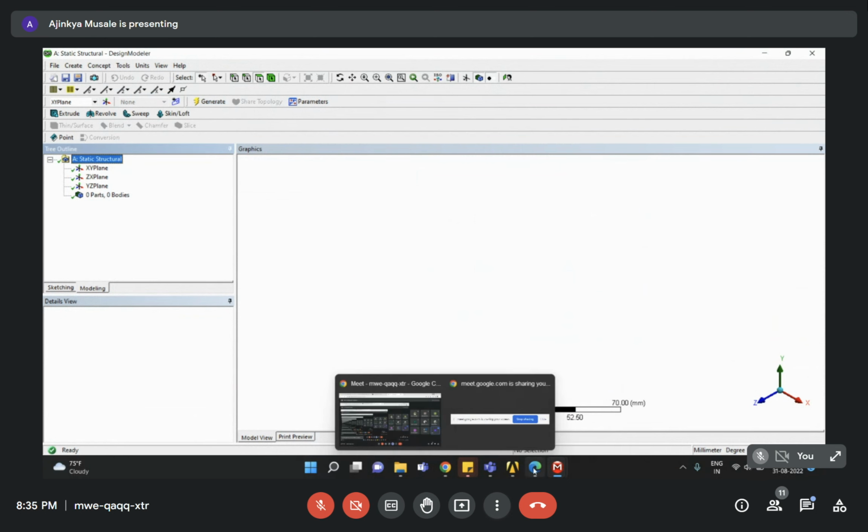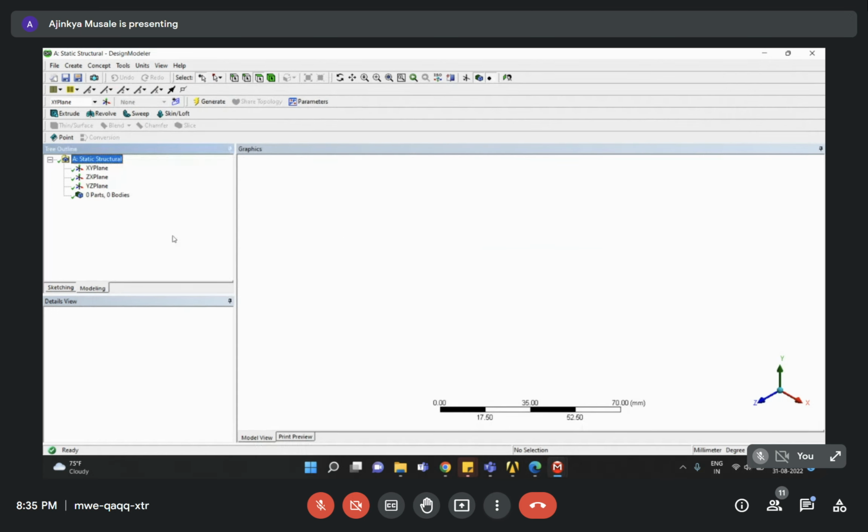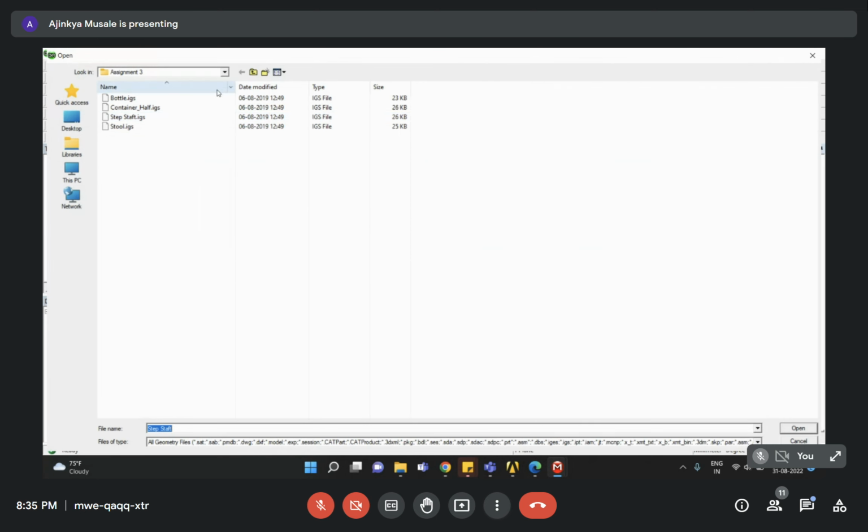Now, actually, I have this file saved. So this is in the format of maybe IGS format, which was created in SolidWorks. So I will simply import that file now. Maybe before that, I'll simply click on one of the plane. So currently, I have selected XY plane and go to the files, and I'll say import external geometry file. Okay. So here I have imported